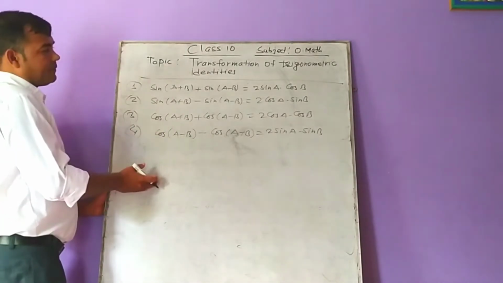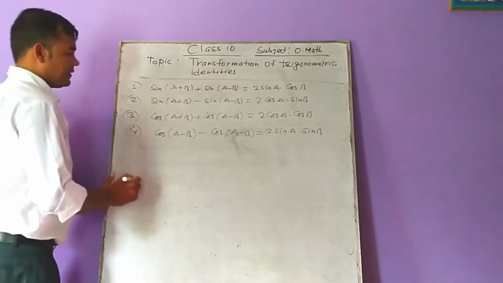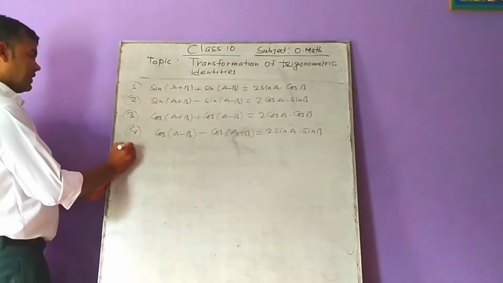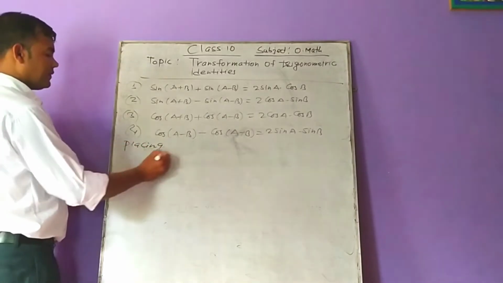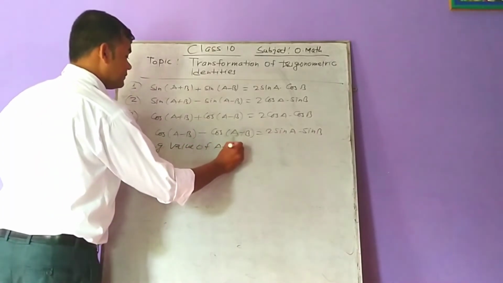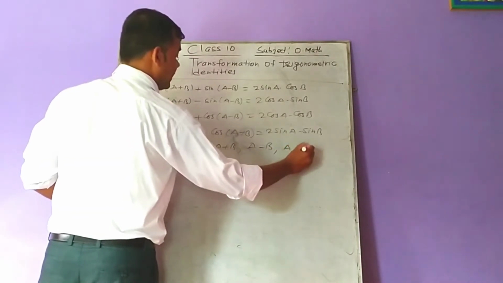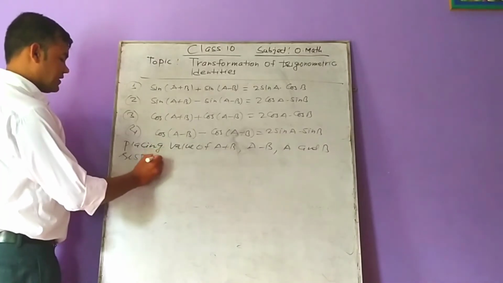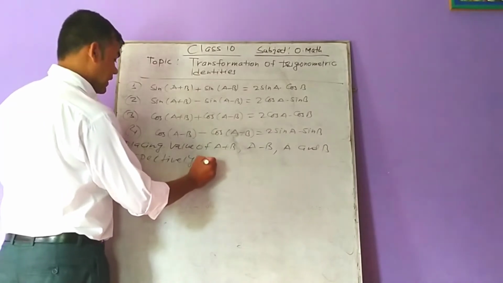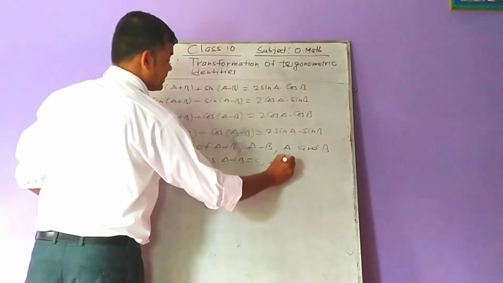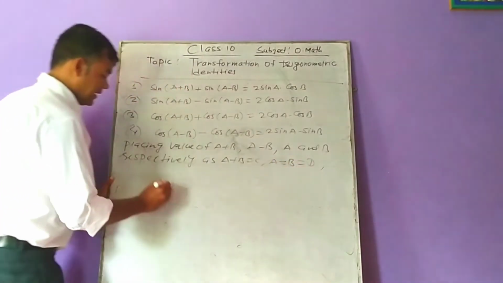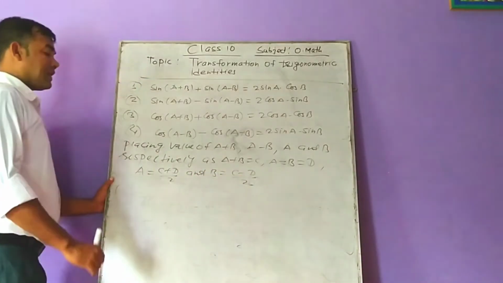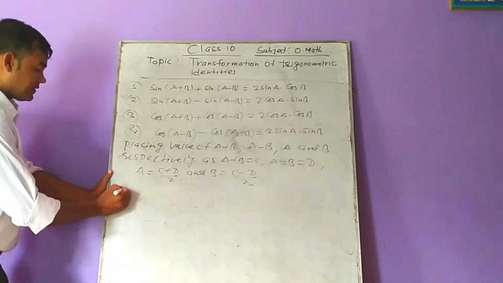So we need to remember these are the 4 important transformations of the identities. Now let's transform again these identities in form of C and D. We have already made working note by supposing A plus B is equal to C and A minus B is equal to D. So now, placing the values, A plus B equals C, A minus B is equal to D, A is equal to (C+D)/2 and B is equal to (C−D)/2. From our working we get new identities.